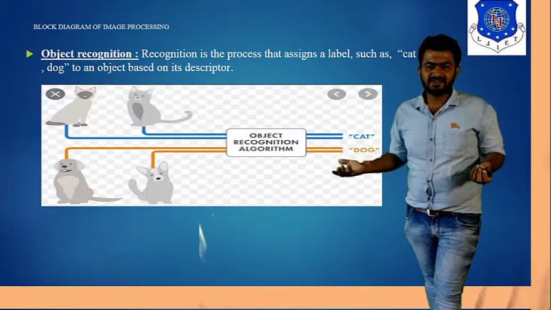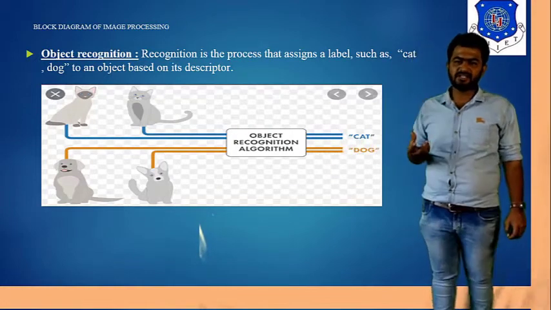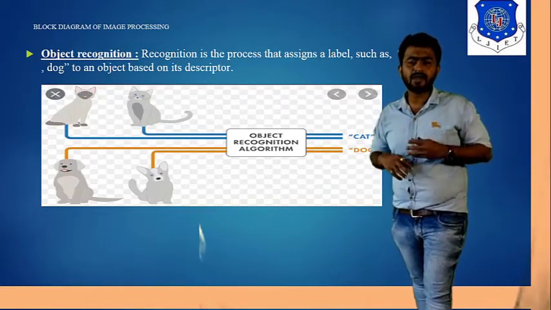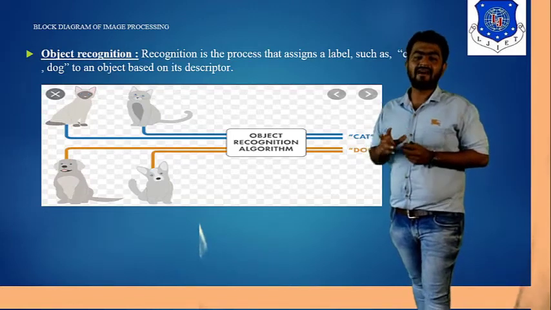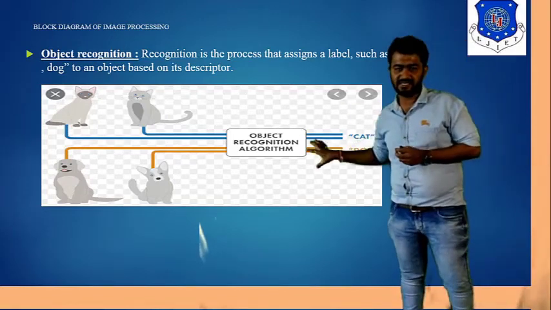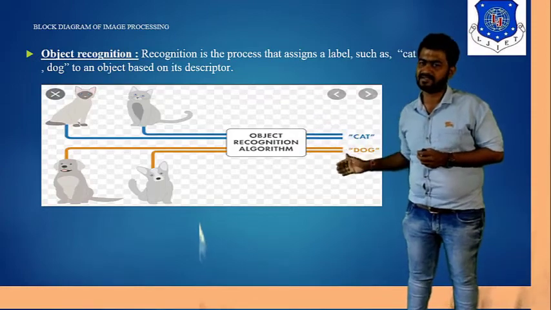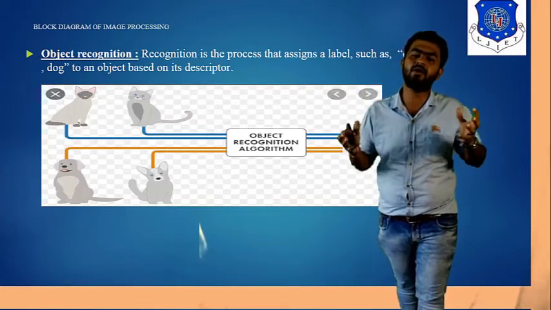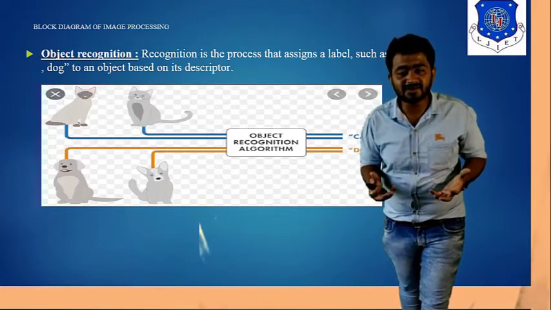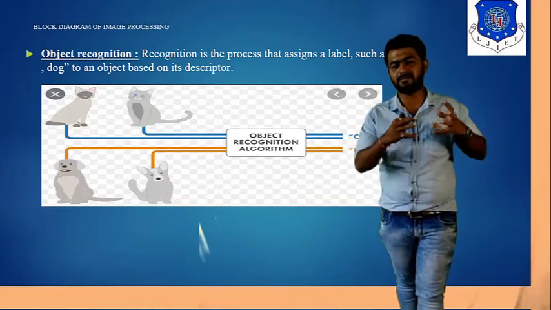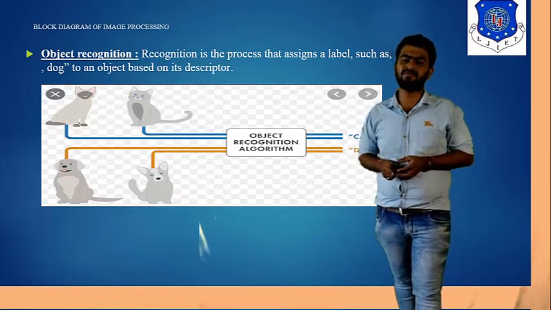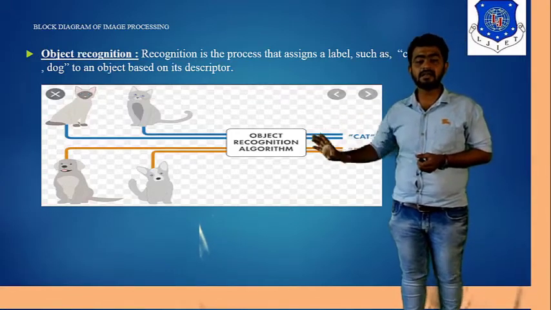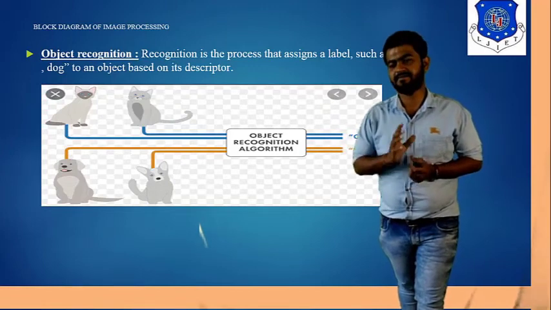Object recognition and classification, as I already told you, is done with the help of machine learning, neural networks, and fuzzy logic. Based on the data that you have, you can use specific types of algorithms, and after applying the labeling process, you can classify the data: you can see the cat on this side and the dog on this side. So it's basically a classification. If you have two dogs and two cats and you have to classify them with the help of machine learning or image processing, then with four images, you take a particular type of feature, and based on that feature, you use a labeling process and classify them. So this is the object recognition pattern.